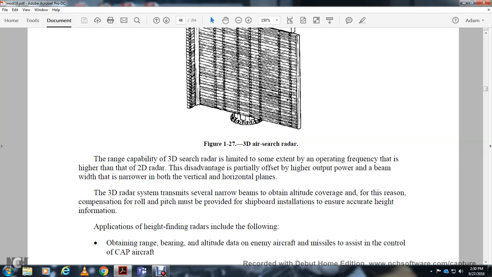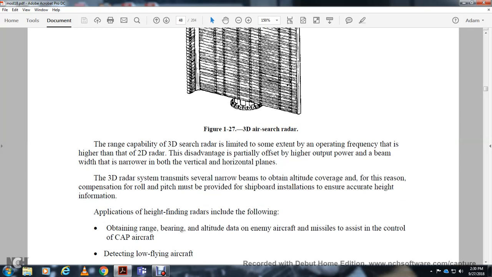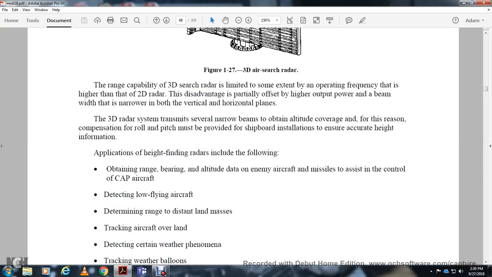This disadvantage is partially offset by the higher output with the pencil beam with the width narrow in both vertical and horizontal plane. The 3D radar system transmits several narrow beams, obtaining altitude coverage. Frequency compensation for roll and pitch must be provided with the shipboard installation to ensure the accurate height information. Applications of the height finding radars include the following: obtain range, bearing, and altitude data during the enemy aircraft